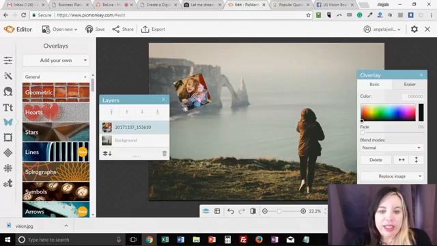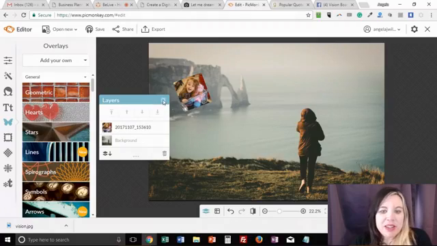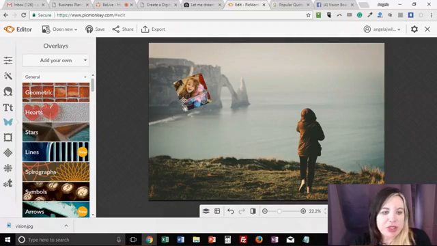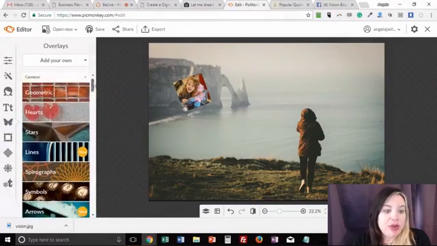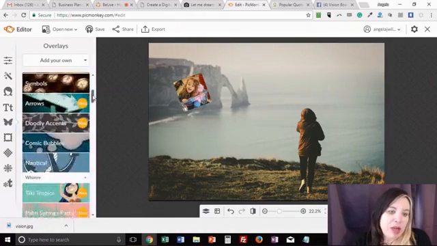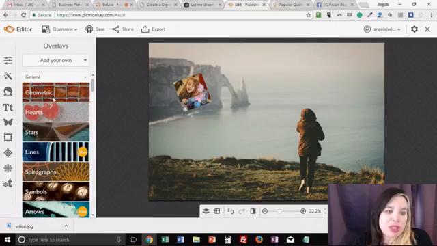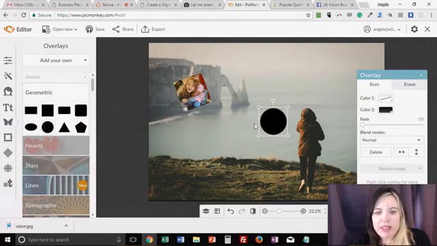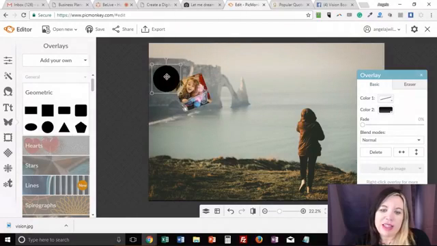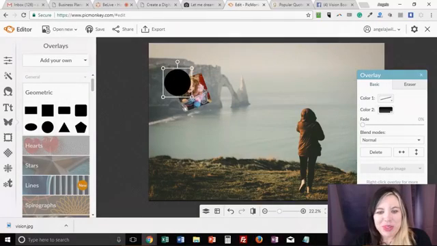So if I go ahead and add this here, one of the things that I want to do to make it nicer, because obviously a picture on top of a picture doesn't look the most amazing, is go to hearts. This is still in the overlays section. Now, depending on what account you have, some of these might be paid, but mine are all included. You could even just do geometric if you keep it simple. I'm not sure if hearts are within the free or the paid, but if I wanted to just do circles, easy peasy. You just pull this over top,